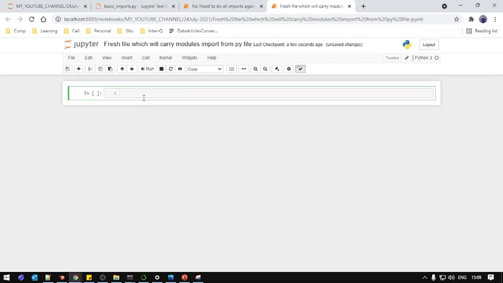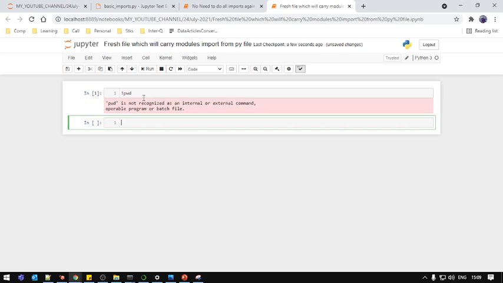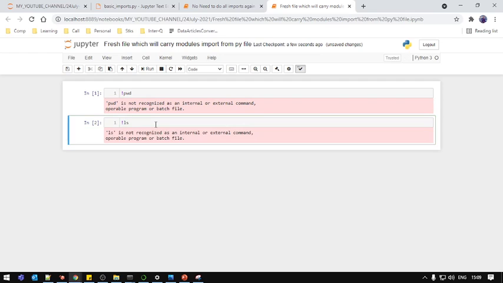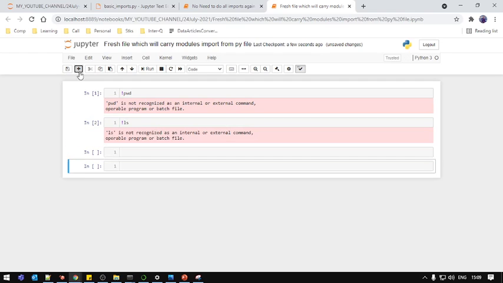What we're going to do here is first identify the directory we are in. Okay, no worries. So we'll do %run, and then we are supposed to give the path here. So now to identify the path,